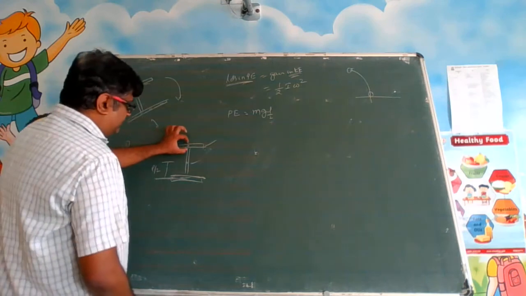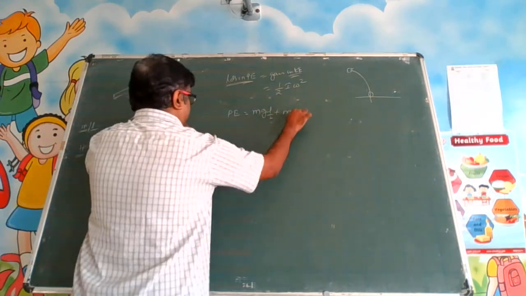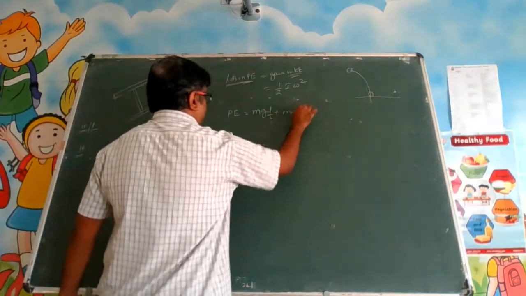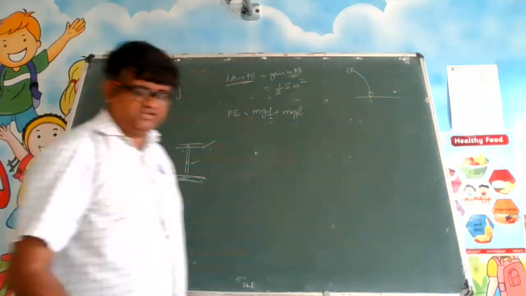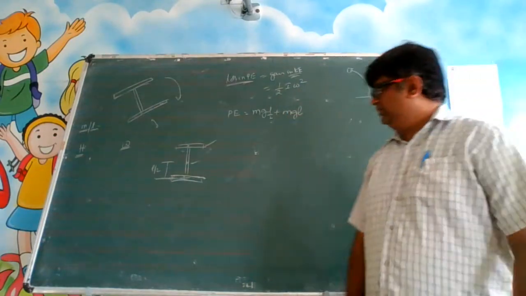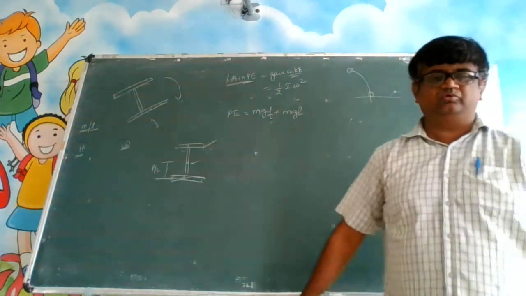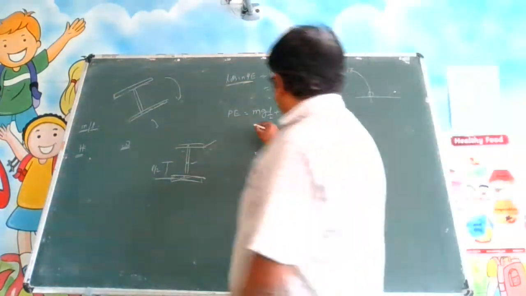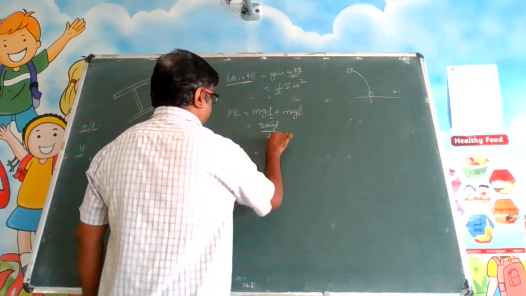Then you have to calculate individually this mass. It is also mg into height. From here to here, it is length L. Now some students get confused, since this will have some small thickness. It is negligible. What is the rod's thickness? Very negligible compared with the rod length. The rod length is 1 meter, thickness is 2 mm. Do you need to consider that? Ignore it. So this is the potential energy. This is 3 mg L by 2 is the potential energy.